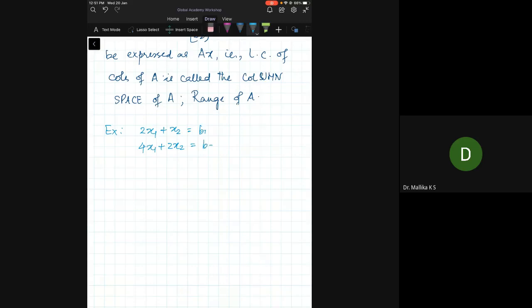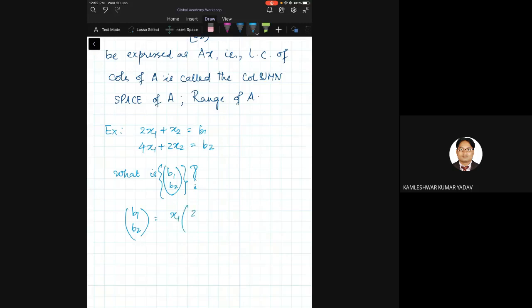Can you tell me the set of all b1, b2 which can be written as